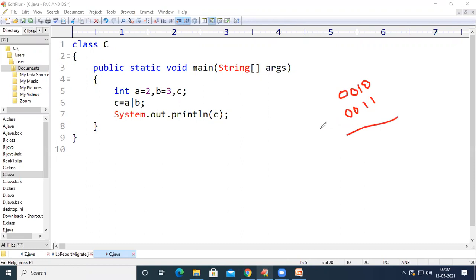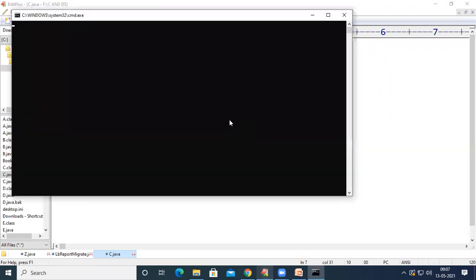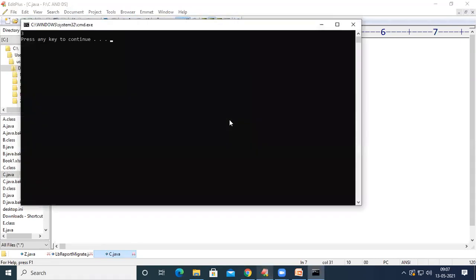If I apply the OR operation between these two, 0 or 0 is 0, 0 or 0 is 0, 1 or 1 is 1, 0 or 1 is 1. So 0011 represents 3. So 3 will be stored inside the variable C, and if we print C, 3 will be printed on the output screen.